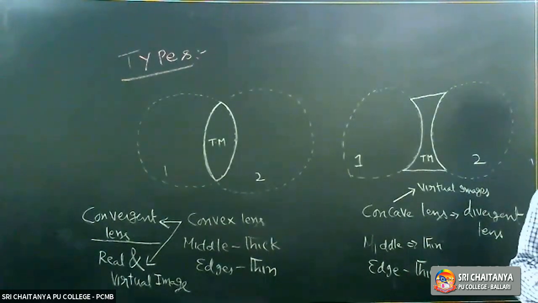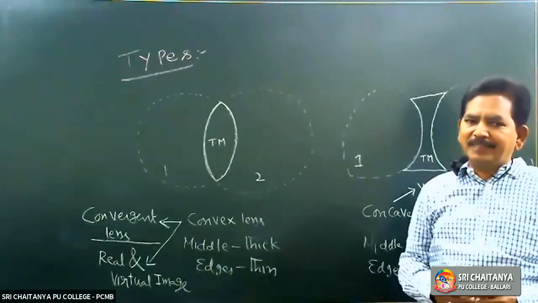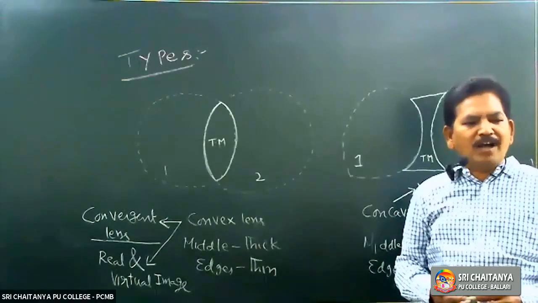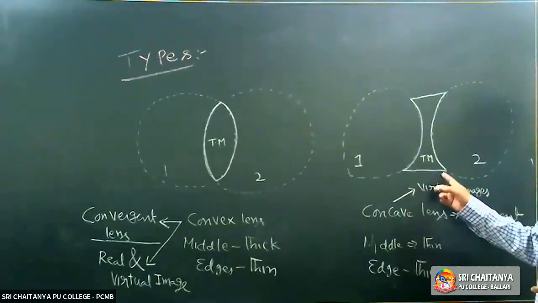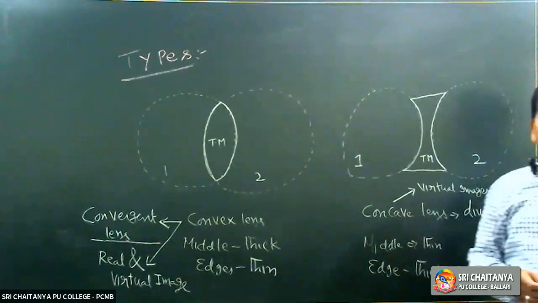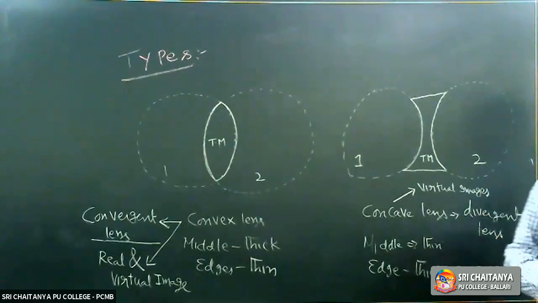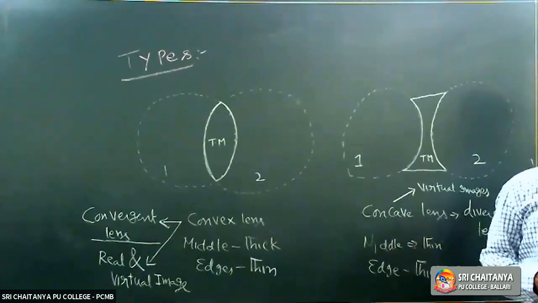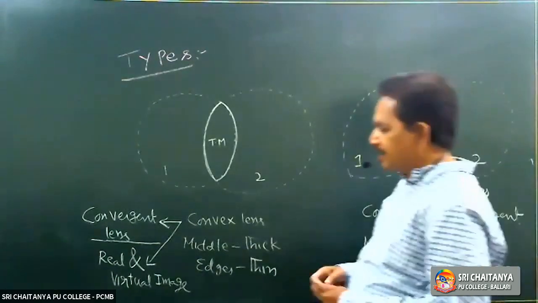So therefore, what is meant by lens? What are the types of lens basically? Once again, in convex we have three types: biconvex, plano-convex, convexo-concave. Similarly, in concave, once again three types: biconcave, plano-concave, and convexo-concave. Three types will be there. We will go in detail. First of all, try to understand this one.